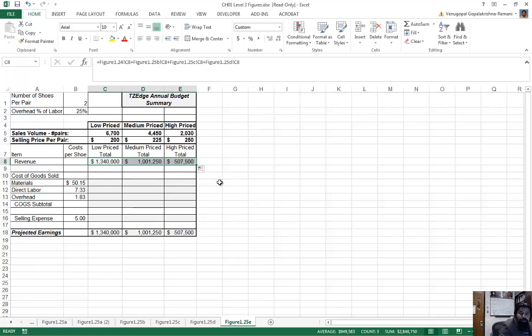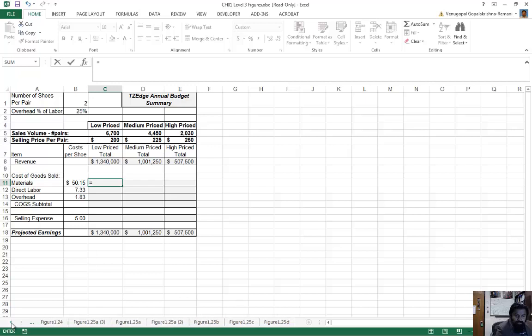So we got it for revenue for the 3 options, and then the material cost is equal to the first quarter. Again go to the first quarter material cost